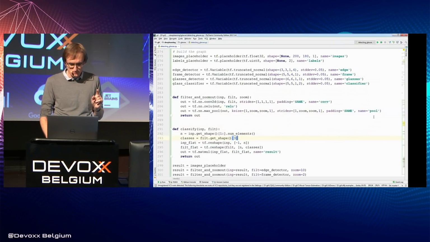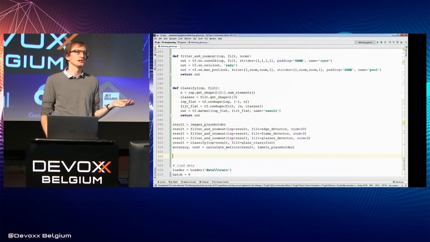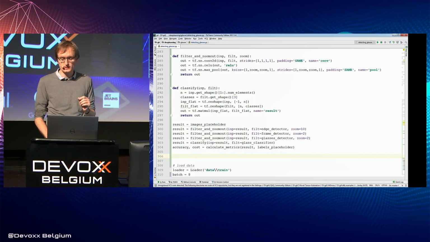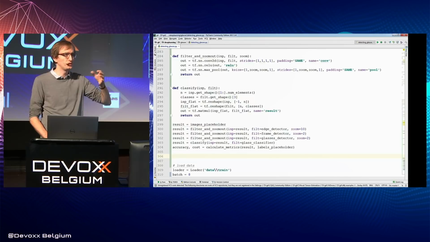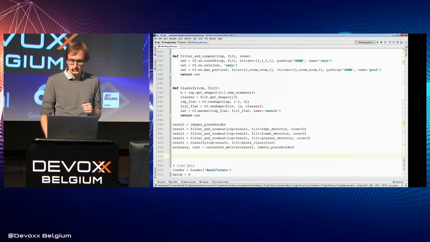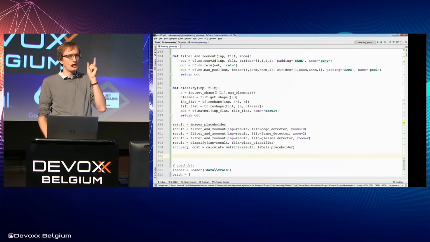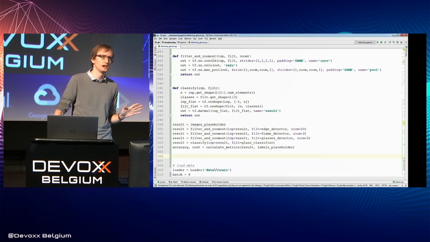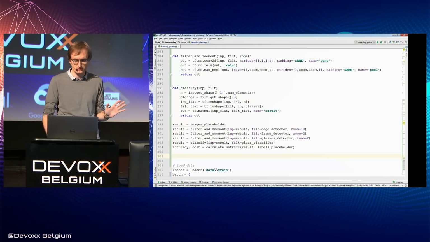Instead, we will put random values to our filters. And then we will let the machine optimize them for us by showing it more and more examples. And we will do it by adding one line of code. So, ladies and gentlemen, it is arriving.